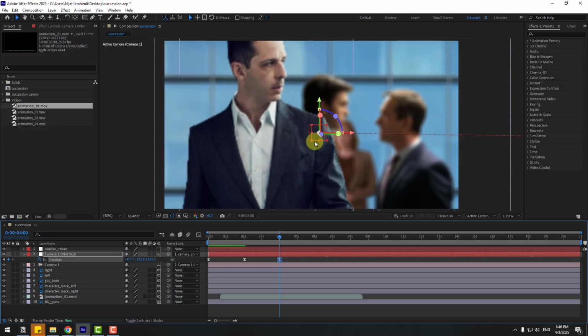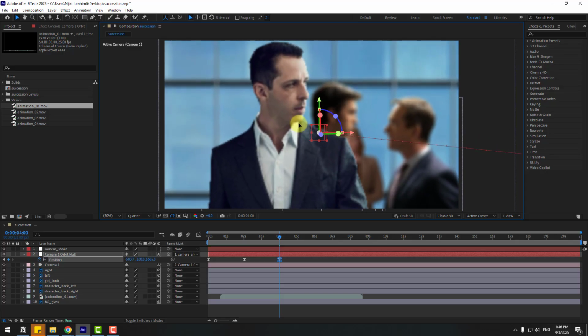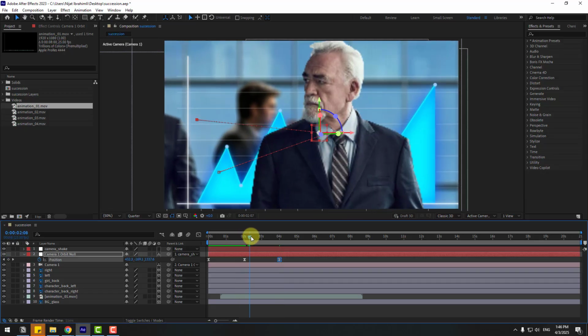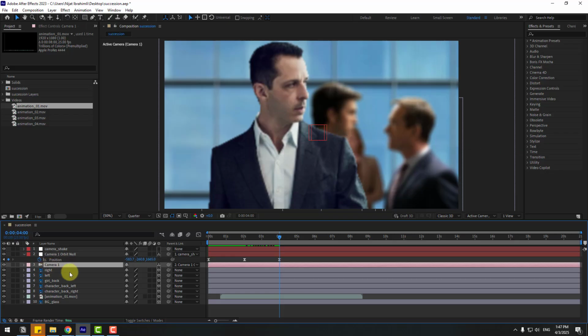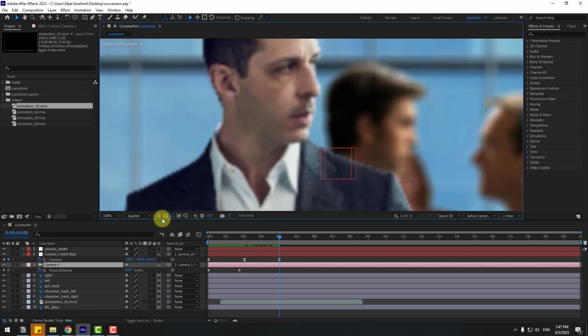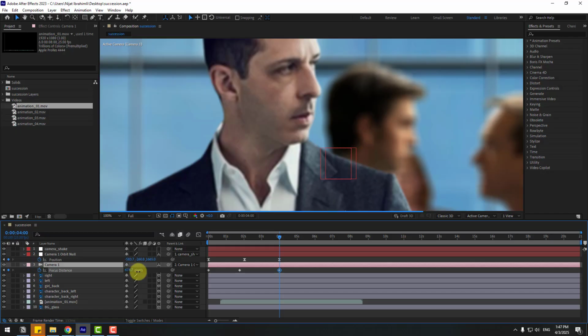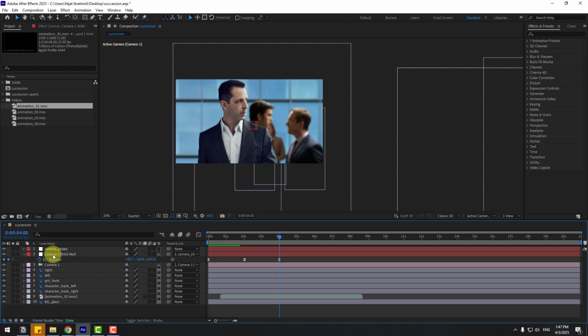zoom a little bit like this. Okay, and in this time let's select this camera 1, press U and change distance. Let's zoom in here, change quality full and let's play focus distance value. Okay, that's good. And right now let's close camera 1 focus distance keyframes, select camera null options and select keyframes,